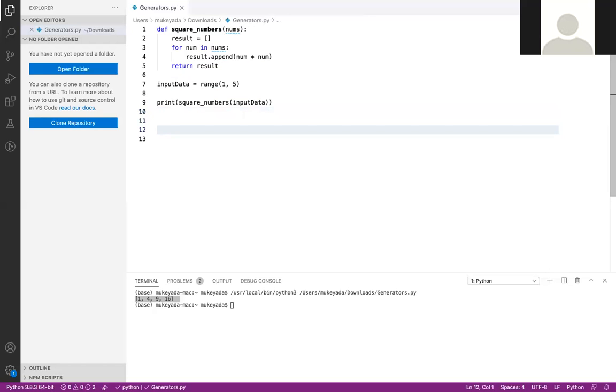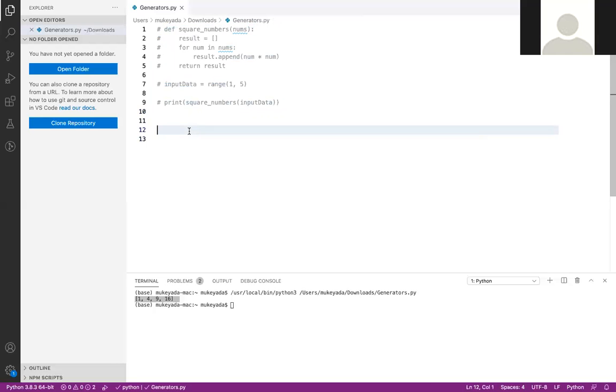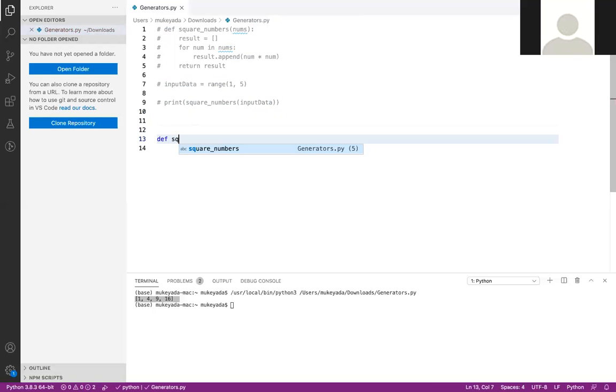Now let me comment out this code and write it again. I'll use the same function, square numbers, and take the argument nums. I don't want this result variable.